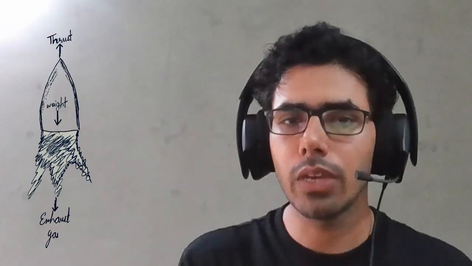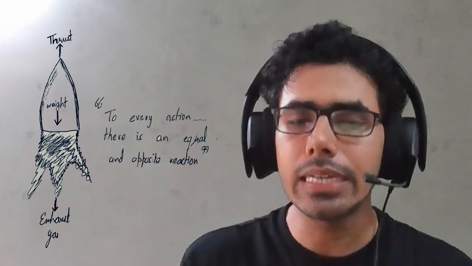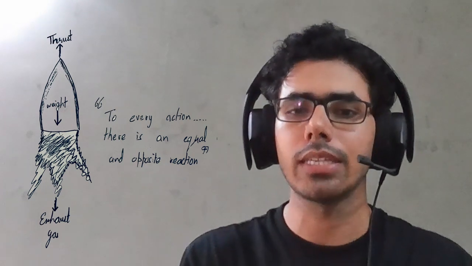So coming to the first major system, that is propulsion. Now essentially, what happens in this system is that the gases are produced by a chemical reaction between fuel and oxidizer within a rocket engine or a solid booster. And then these gases are accelerated and exhausted through a nozzle. Now this action of fast moving gases out of the rocket creates a reaction and makes the rocket accelerate. And this is how the rocket moves.